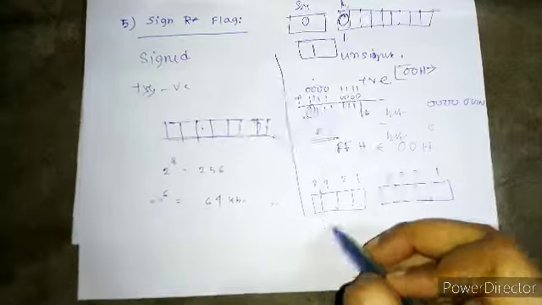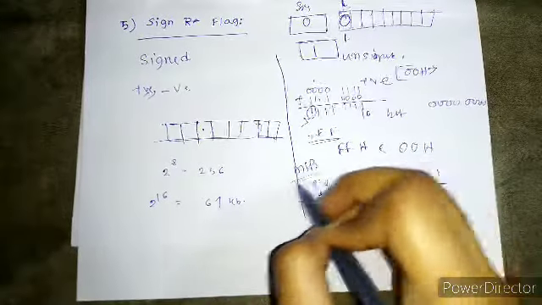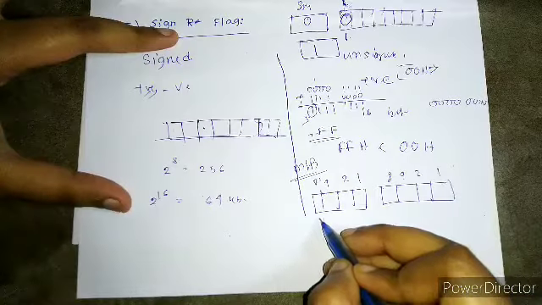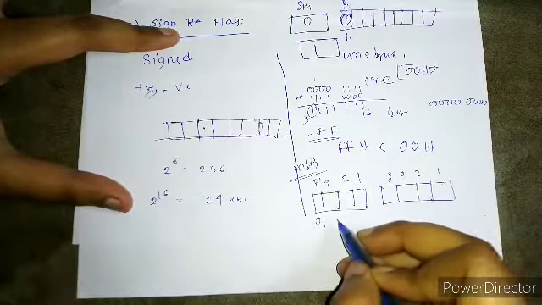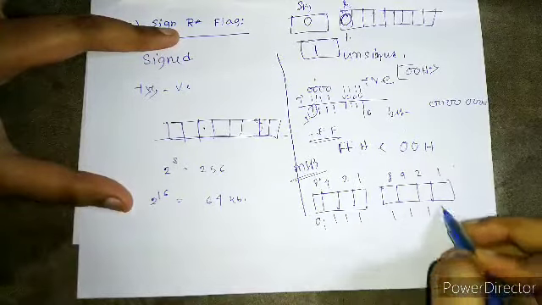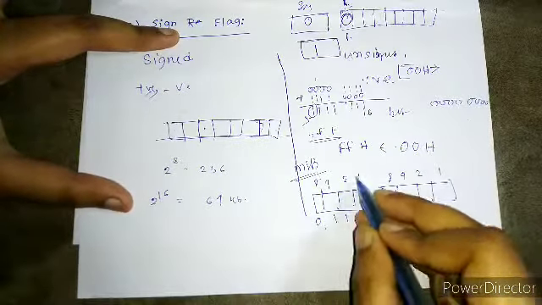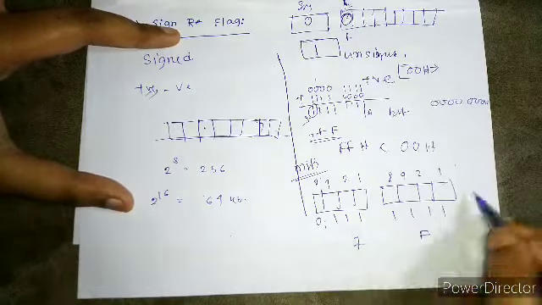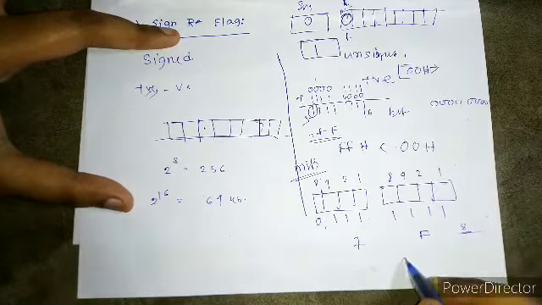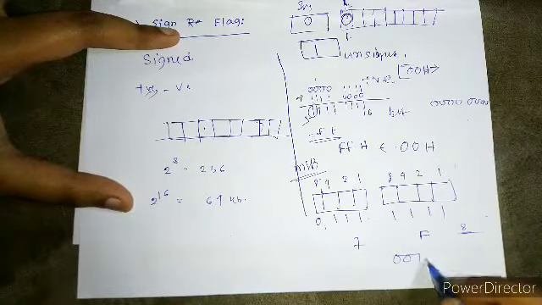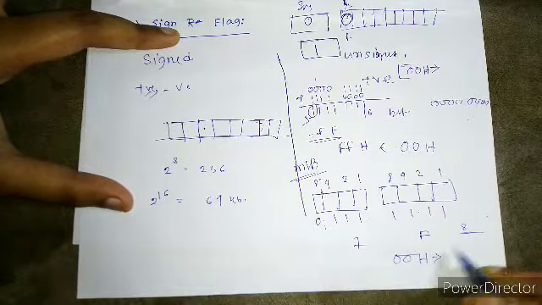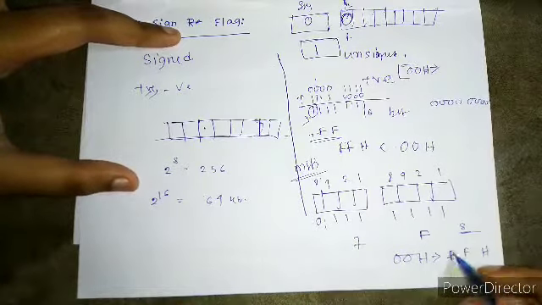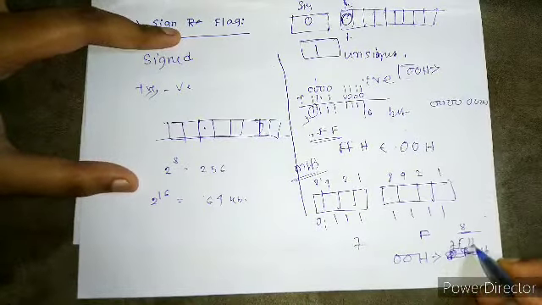First, the MSB signifies the sign. So for a positive number it will be 0, and the rest, the highest combination, will be 1, 1, 1, 1, 1, 1, 1, which is F, and this is 7. So if we are working on this limit of 8 bits, the positive combinations will be from 00H to, sorry, 7FH, this one.